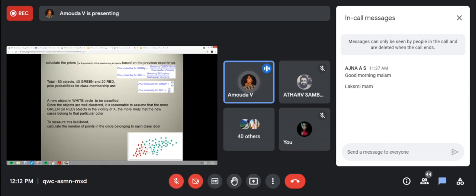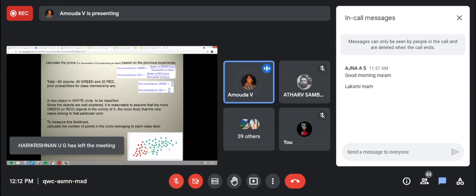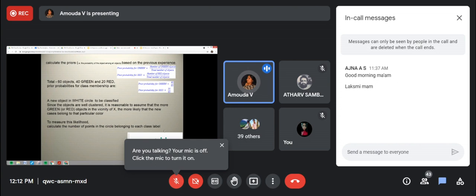The prior probability of green is the number of green objects out of the total number of objects. Understood? First we'll take green objects: the number of green objects out of the total number of objects. Then the prior probability of red is the number of red objects out of the total number of objects.